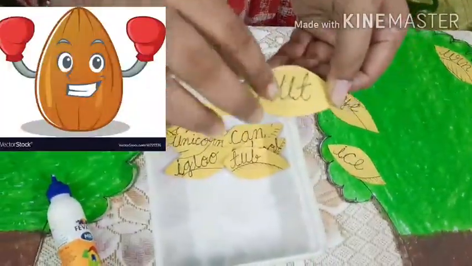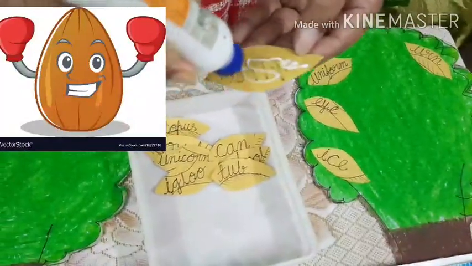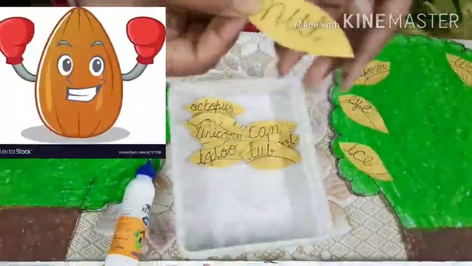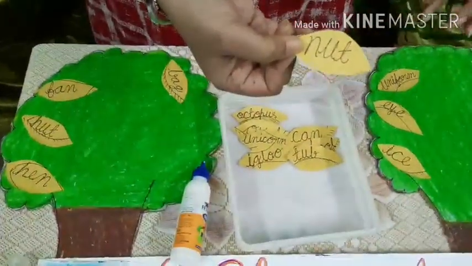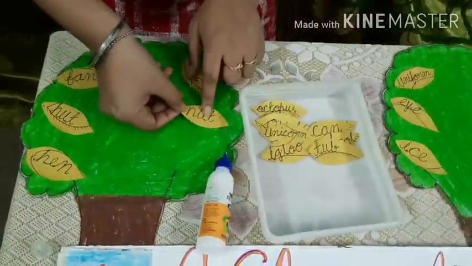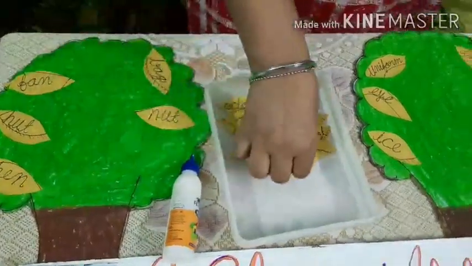Now N-U-T, nut. Nut in Bengali is badam, and it gives us a strong memory. We all should have nuts every day. Now see N. Is N a vowel or consonant? Yes, consonant. So let's do it here with a.